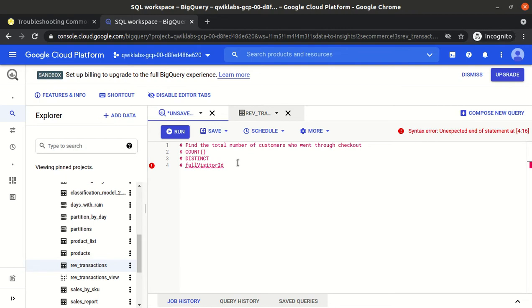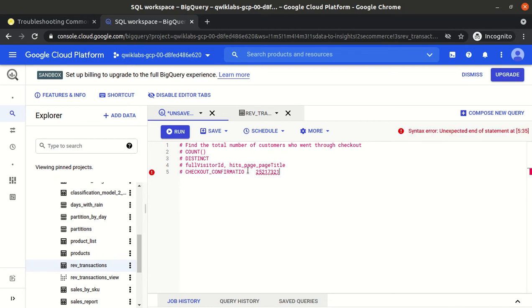So basically there are two columns which we need, and we need to find the total number of customers who visit the checkout confirmation. So the output should be checkout confirmation, and there should be some total number of customers, right.